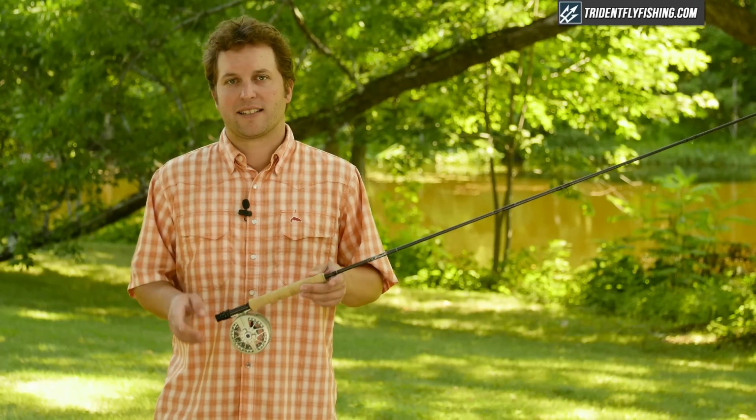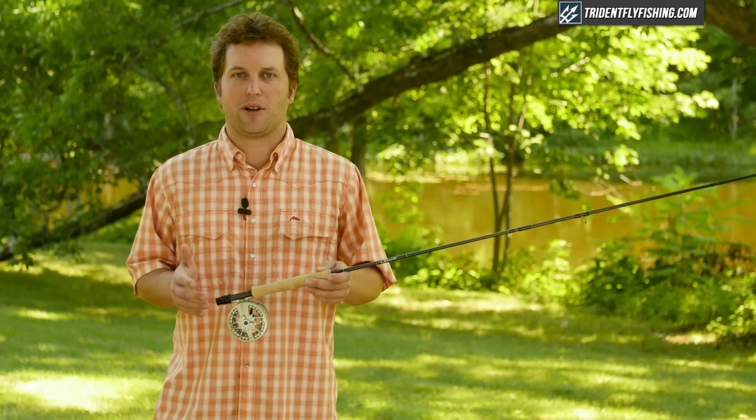Now what's so great about this Flex is that 3 years ago, there were not really any good rods at the $500 price point. Now, this Flex is going to be joining the Sage Pulse and the Orvis Recon and the Winston Nexus, all of which make up a great value at a price point that we can all afford. Before we show you how this casts, let's start out at the bottom and go through some of the features